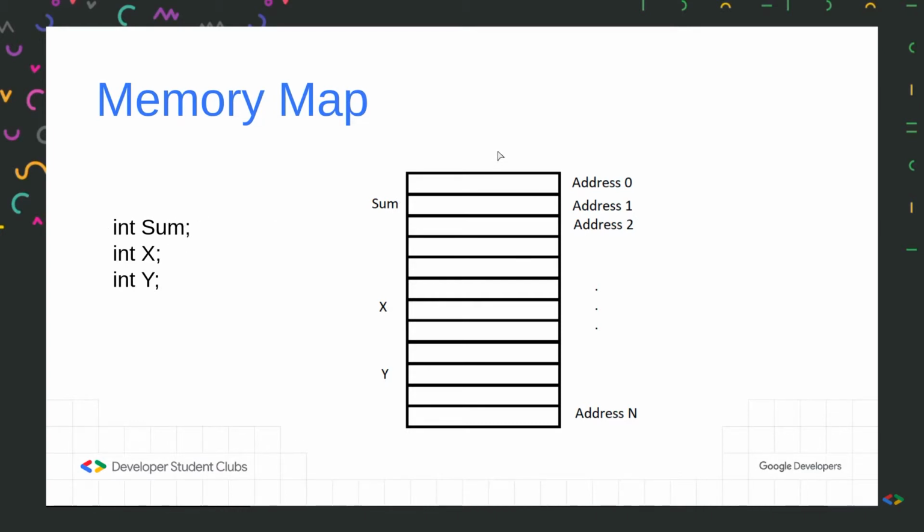What our compiler does is it randomly takes a box from the memory map and assigns that box to that variable. So now, for example, this box with the address 1 has become the property of the variable sum. Whatever sum does, it will do indirectly through this box itself. Whenever we are using sum, we are using this location in the memory. Similarly, x and y have been allotted their own boxes, and now I'll show you what kind of operations we can do.